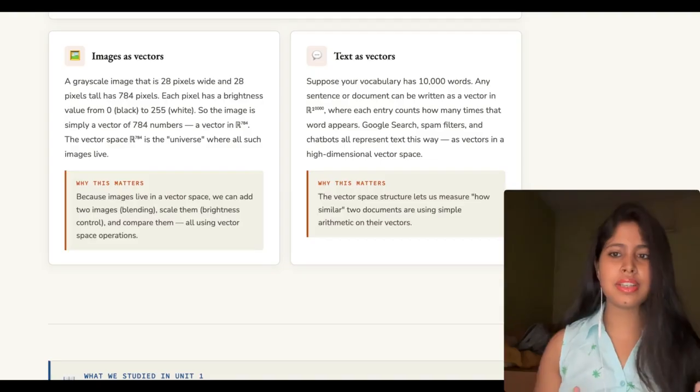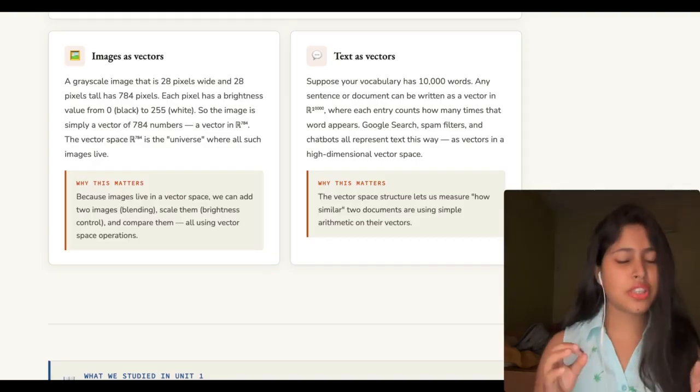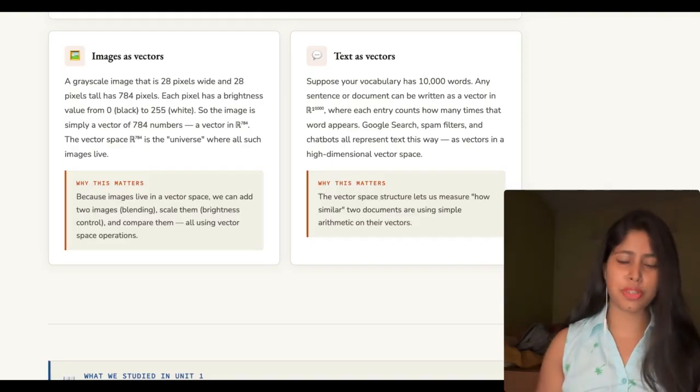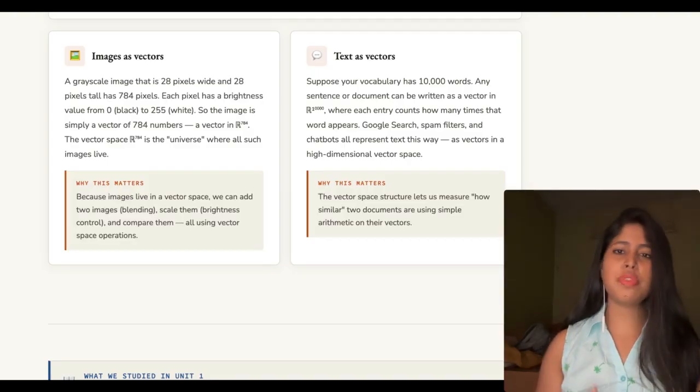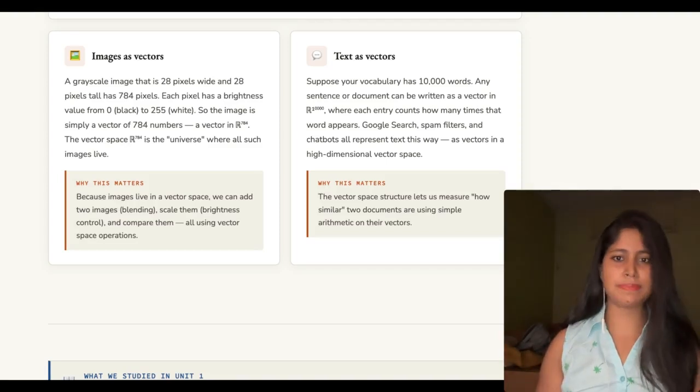So the famous handwritten digit data set that every machine learning student works with is just 70,000 vectors in R784. Okay, the vector space structure is what allows algorithms to compare images, average them, and transform them. So you can see how many arithmetic operations we are doing on this vector space, right? All this would not be possible if we could not relate it to a vector space.